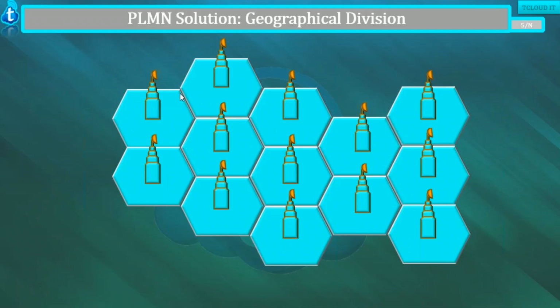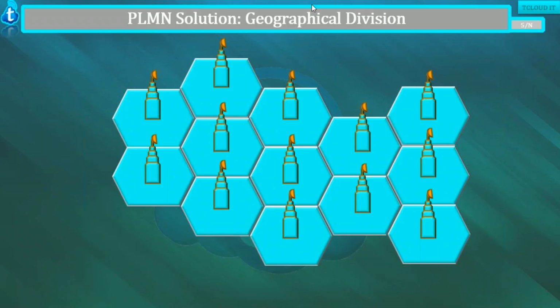But if more users come into this cell, like 20 guys are demanding services, or 30, or 50 guys are demanding services, because he has got only 10 sub frequencies available, it can allocate resources only to 10 users at a time. What about the remaining 40 guys who are demanding the resource? So that time, based on the radio availability and based on the number of customers we have,